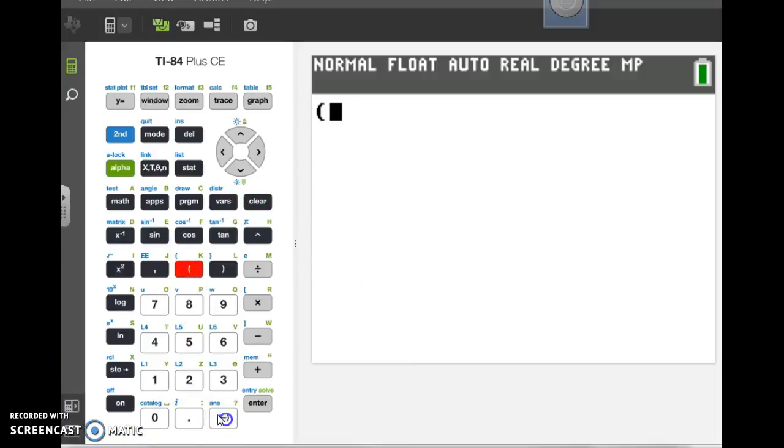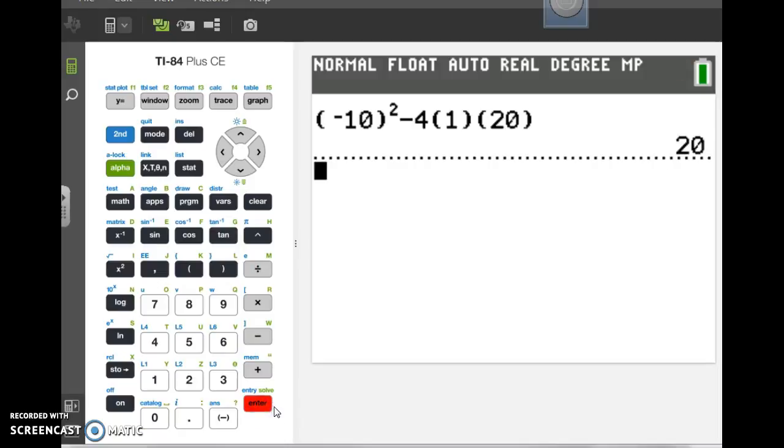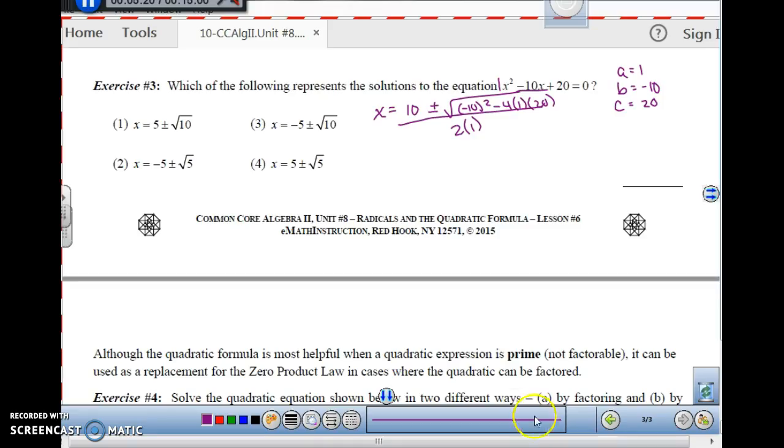So parenthesis, negative 10 squared minus 4 times 1 times 20. Make sure everything that you plugged in is in parentheses so it goes in correctly, is equal to 20. So going back here, x is equal to 10 plus or minus the square root of 20 all over